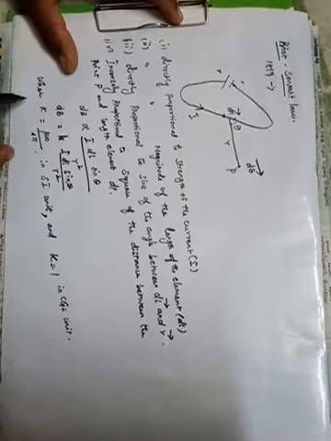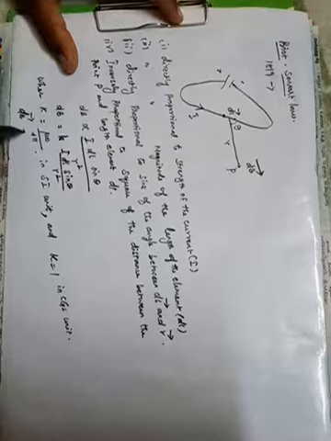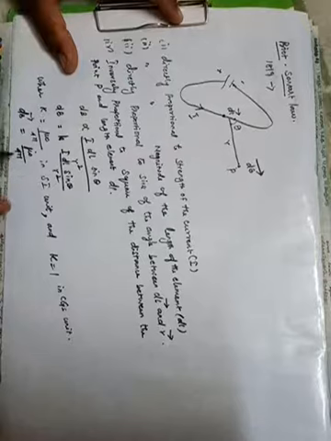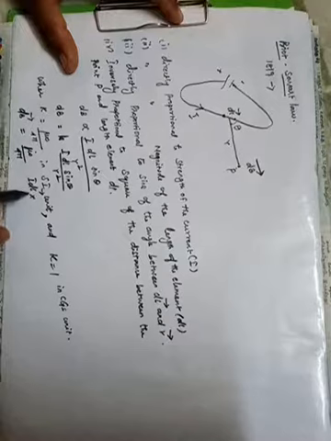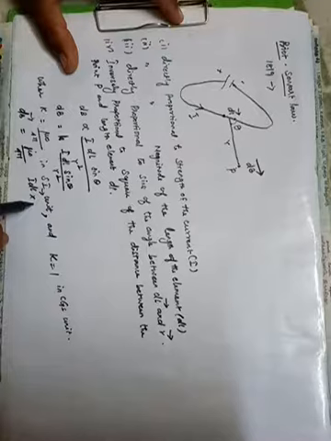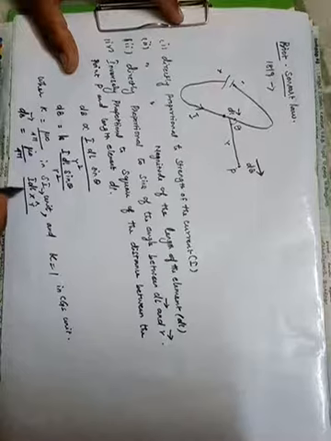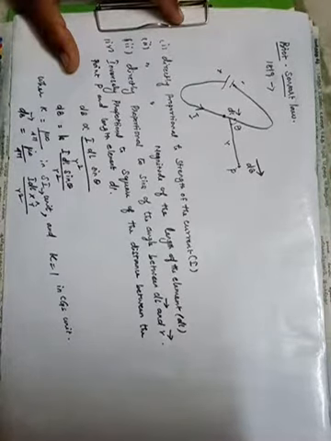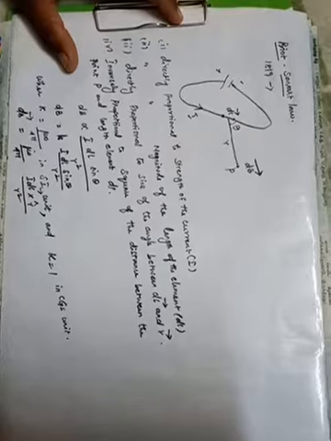In vector notation, we can write the dB vector is equal to mu naught divided by 4 pi, the value of k in SI unit, times I dl, where dl is a vector quantity, cross r cap divided by r square. Here the magnitude is I dl divided by r square. The sin theta indicates the direction, and here it is indicated by the r cap,